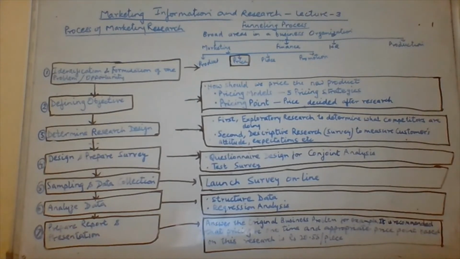The research pertains to the marketing area, and therefore, when we talk about marketing, there are four P's. With the help of these four P's, we design a strategy. We make a strategy by making a combination of these four P's. Broadly, we call this in marketing terms the marketing mix. So the first is product, price, place, and promotion.